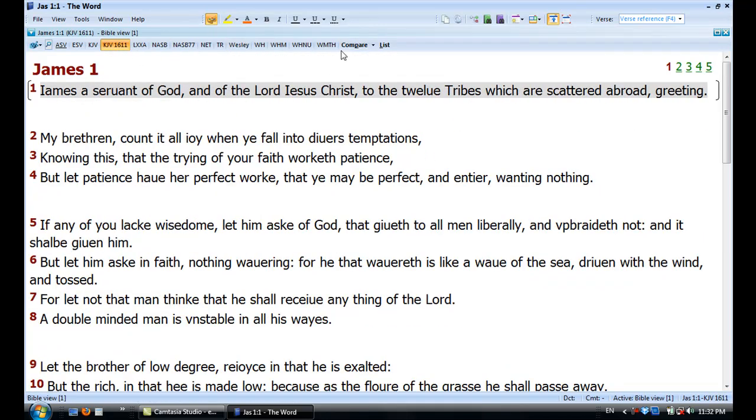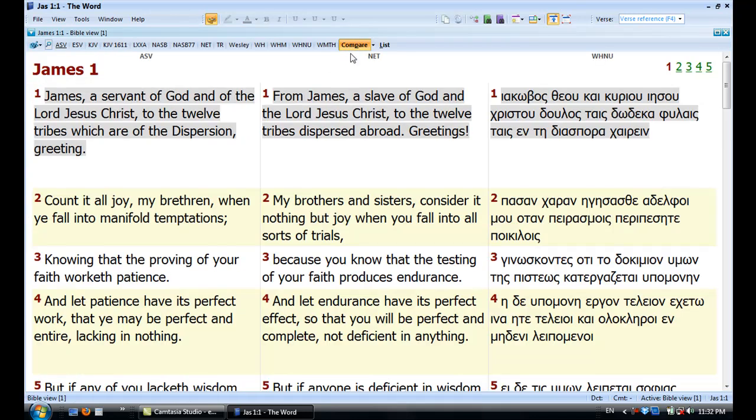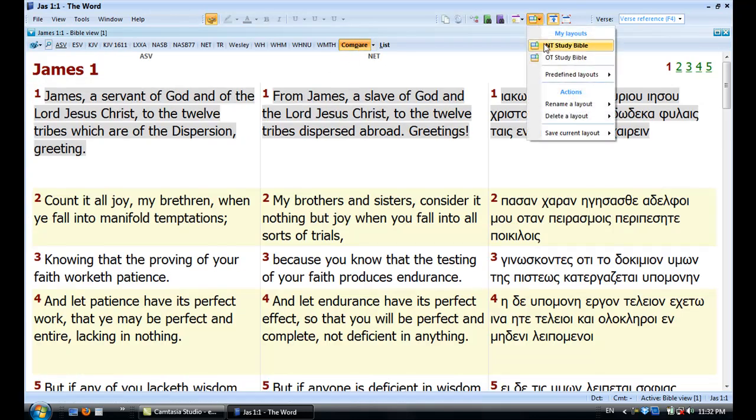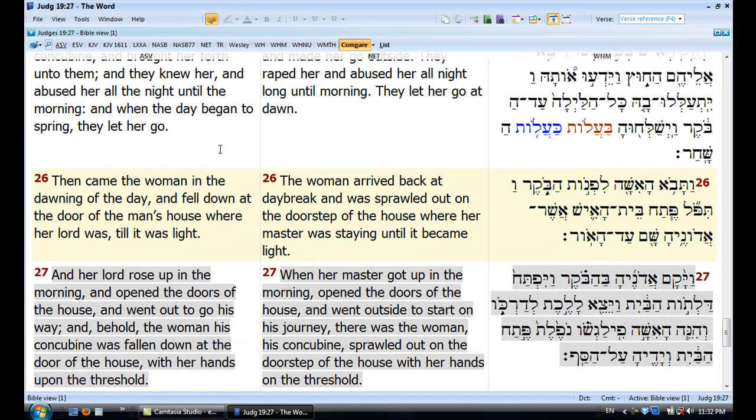And then to go back to your parallel Bible, you click Compare. And this is how you go back and forth from the Hebrew and Greek. So this is a very useful feature